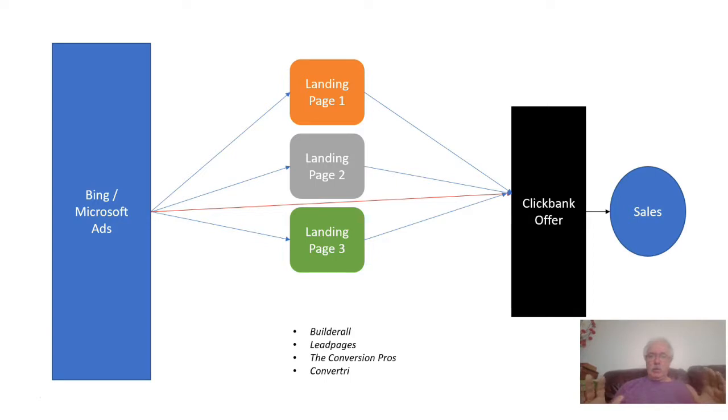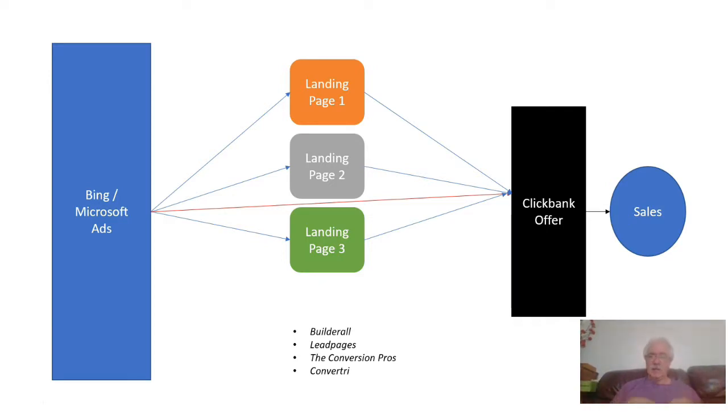Okay, so just to make it clear what I'm going to cover in these video trainings. What I'm going to cover is purely and simply the mechanics of setting up a Bing ad, setting up Redtrack.io, and setting up your landing pages to make Redtrack track your ads and your conversions. I'm going to show an example which is Bing, as I've said previously, and it's going to be a single Clickbank offer, although it could easily be multiple offers,